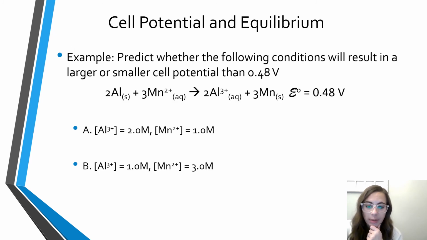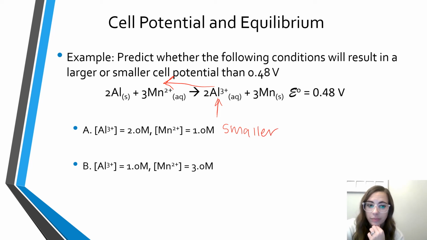So let's look at this example. We've got aluminum and manganese, and the standard cell potential is 0.48 volts. So that's when both solutions are at 1 molar. Now let's look at these two situations. The first, we have upped the aluminum concentration to 2 molar. Well, what happens when we increase a product? We shift left. And so in this case, we are going to have a smaller